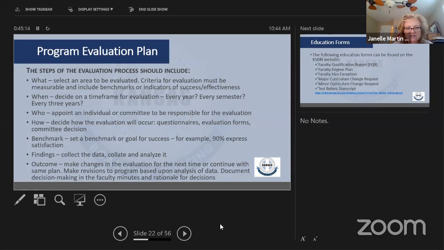So I think that's what I want to say about that. The program evaluation piece is really important. It's one of the things we look at to make sure that the policies you have in place and the things about curriculum, that everything's being looked at, that you're looking at it, and that it's part of your faculty discussions. We're looking not only that you have the data and that it's there, but that you're using it for your ongoing evaluation. As a program administrator, that's a really important piece for you to know, that your faculty knows what data is out there, what's being looked at, and how that factors into what they're doing.